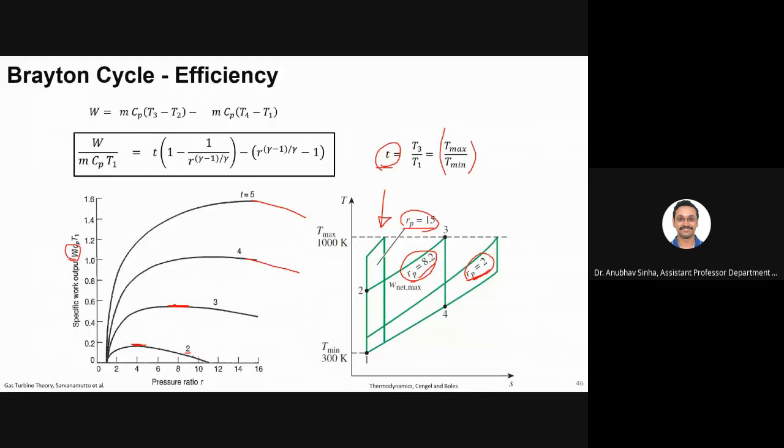So if you keep the T constant and RP keeps on varying, we get an optimum ratio, an optimum point where you get the maximum work done. And this is how it changes with changing the temperature ratio. So you keep on increasing the temperature ratio, you get higher efficiency, higher work done. Specific work done is shown here. Is this fine here, or should I explain it again? People are clear on this? Yes.